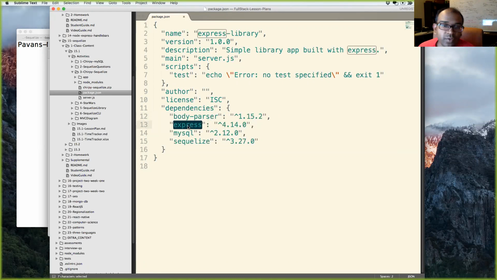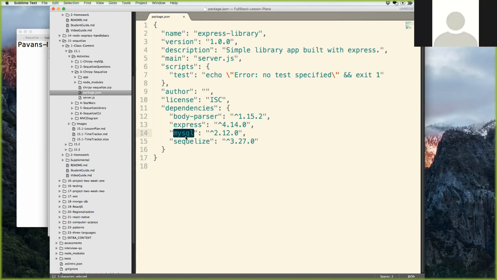Express, of course, is our web application framework. MySQL is what? Everyone shout it out. I was just asking, what is MySQL in our case right here, generally? One word. It's our database, right? It's our database of choice.